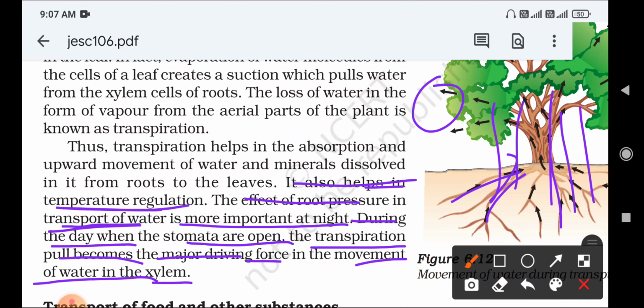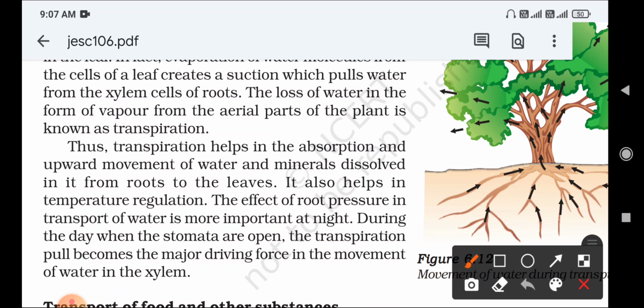Okay, the first question that arises here is: what does transpiration mean? From this point you can write here: the loss of water in the form of vapor from the aerial part of the plant is called transpiration. Again, what are the uses or applications of transpiration in plants? You can write: